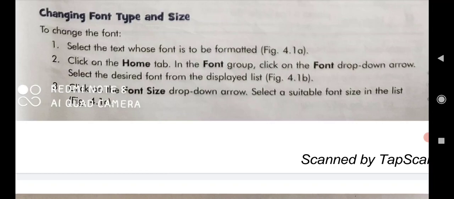A list appears on the screen, and we select the desired font, whatever font we want.